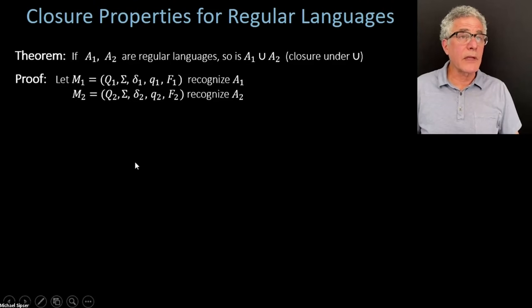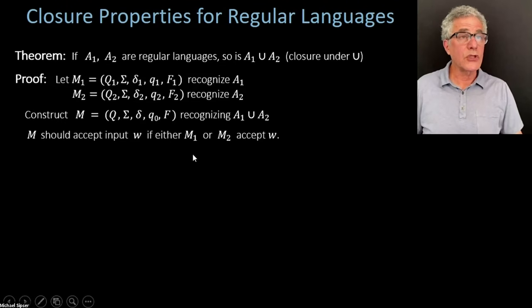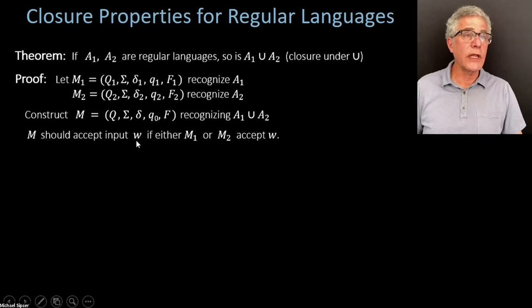And from these two automata, we have to show that this language here, the union, is also a regular language. And we're going to do that by constructing the automaton which recognizes the union. That's really the only thing that we can do. So we're going to build an automaton out of M1 and M2, which recognizes the union language A1 union A2. And the task of M is that it should accept its input if either M1 or M2 accept. And now what I'd like you to think about doing that, how in the world are we going to come up with this finite automaton M?